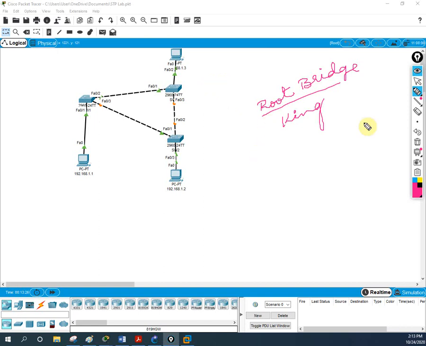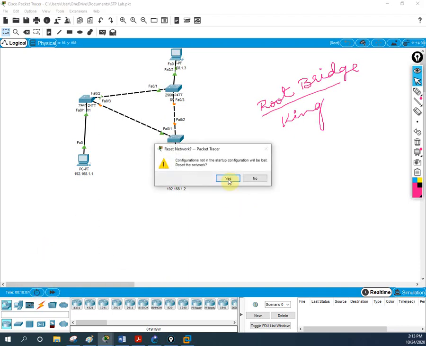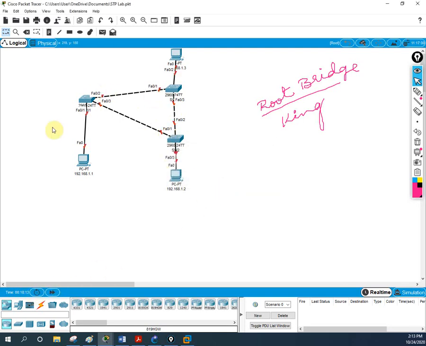Let me press fast forward here, so we will have this selection very fast. Let me go here, this one I will press. Because we have an issue, let me reload, because of spanning tree protocol this topology hangs. So what I will do is reload. Now it is reloading. Now it will be very fast. If you see here, this port is disabled now, all other ports are enabled.